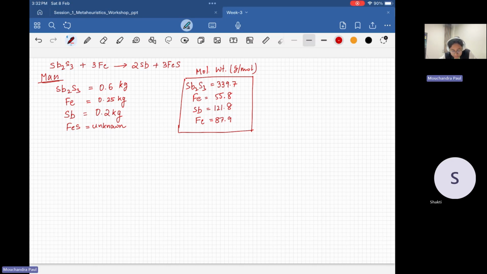So we are given the mass from the question. From the question, we first have to determine how many moles are actually present. Then we will compare the number of moles given to us with the stoichiometrically required number of moles and see whether we have enough moles to match the stoichiometry or not. And then we will determine which is the limiting reactant. That's the general procedure to do this. So I just wrote down the molecular